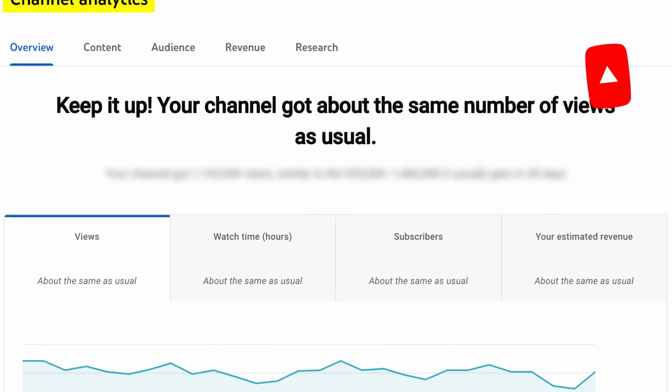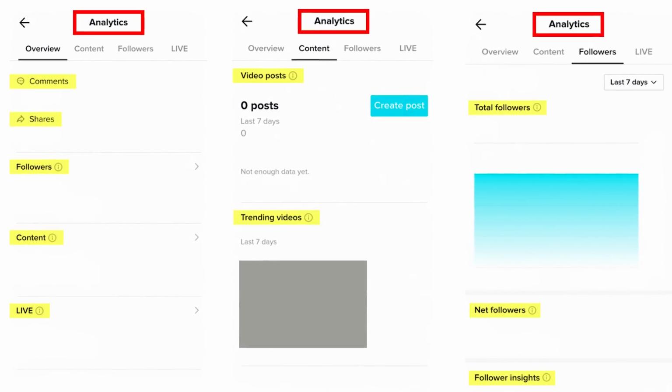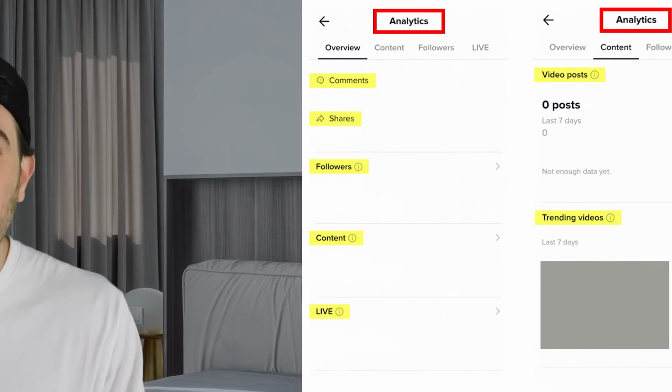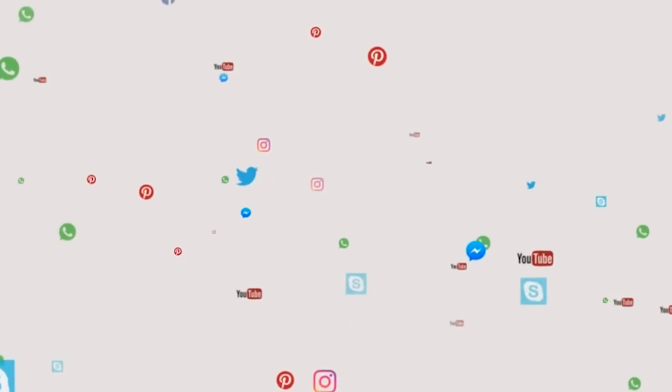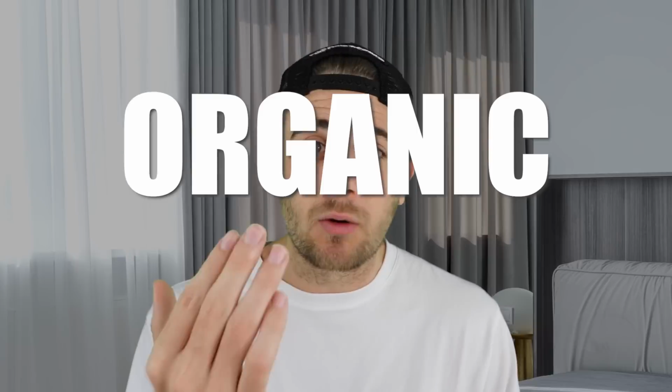In fact, I have a prediction. I think that Instagram later on in this year is going to release more in-depth analytics, the same way that YouTube has them, the same way that TikTok has them, the same way that, if you've been following what's going on with Twitter, Twitter's starting to release them too, because essentially all these social media platforms are fighting for reach right now, and they want to prove to you that you could get organic reach.